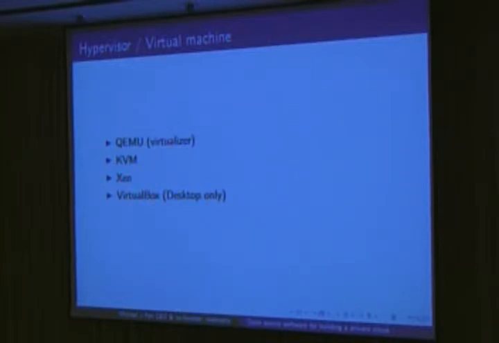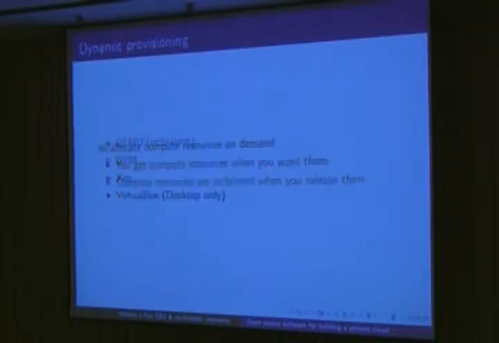So these are some of the open source offerings available. QEMU, or QEMU, however you want to pronounce it, is the virtualizer itself. Then you have two hypervisors, KVM and Xen. And what they do is they take QEMU and then provide virtualization functionality. You also have VirtualBox, except that's really only for desktop usage. It can be adopted for server usage, which is what we're really talking about when we talk about cloud computing. But currently, you can really only use VirtualBox on the desktop.